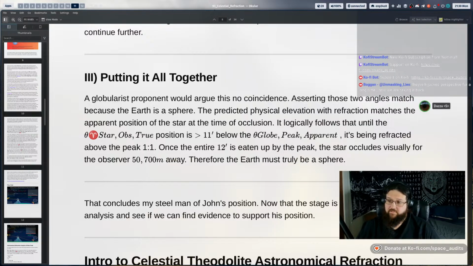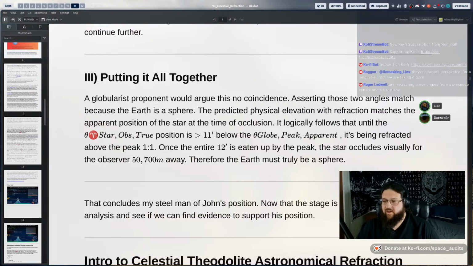The line of sight from the mountain is negative, which means it's just a tangent to an apparent position. You can't have a tangent to an apparent position on a flat Earth. All right, dude. We can't have it. Okay, all right. Thanks, Daza.